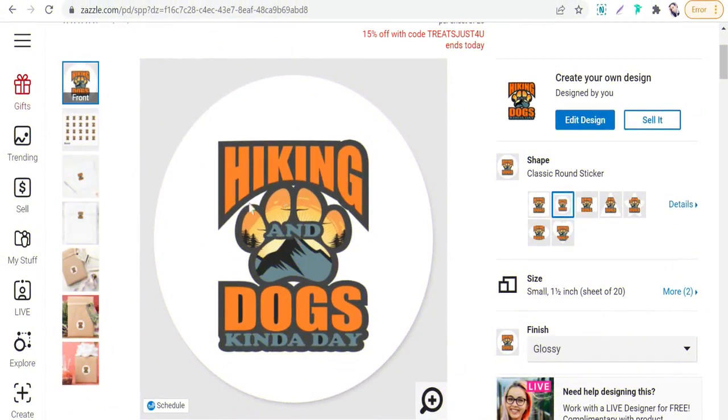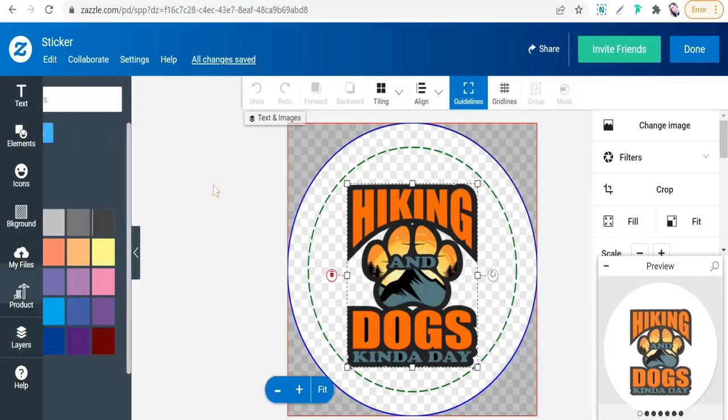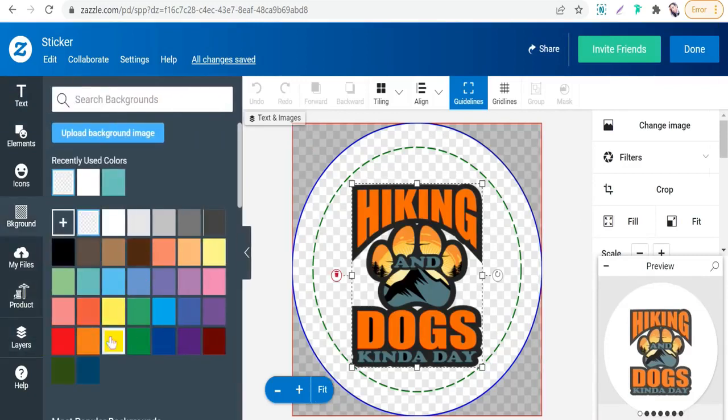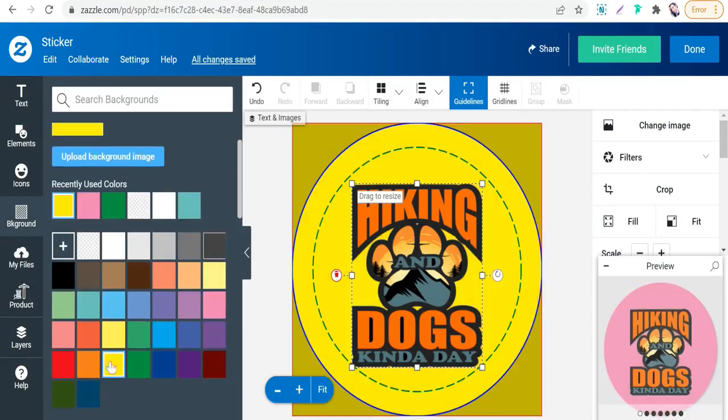And as you see, you will find this type of stickers has a colored background, unlike the vinyl stickers that has a transparent one. So if you want to change this white background to another color, just go to this edit design, okay, and then you can change this background from white to another color like green, for example, as you see here in this preview, pink, yellow, and so on. Okay,